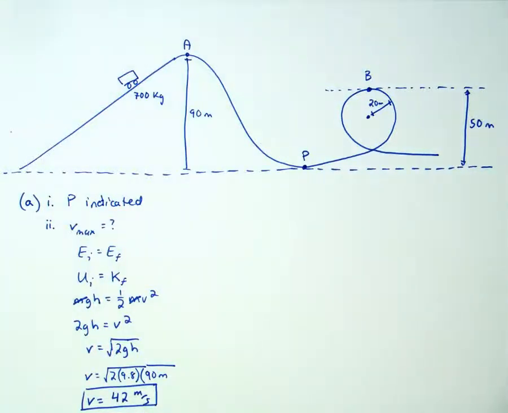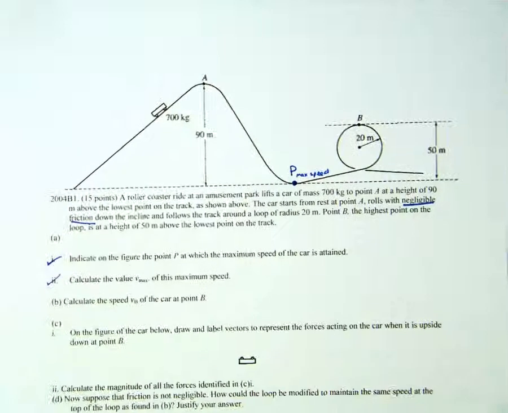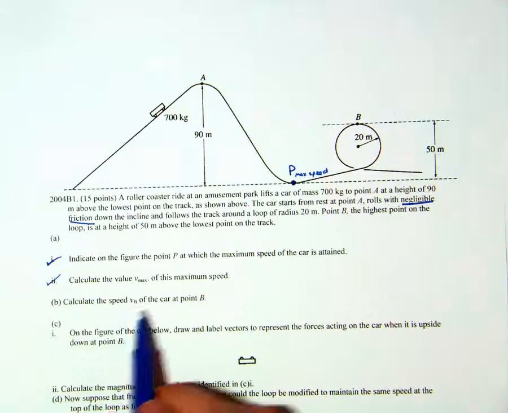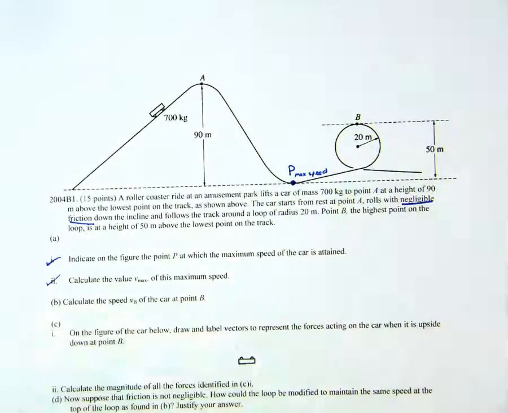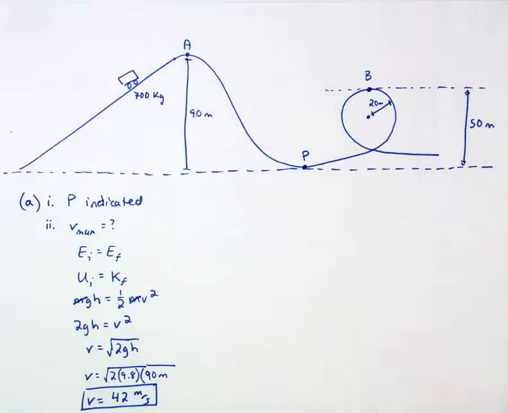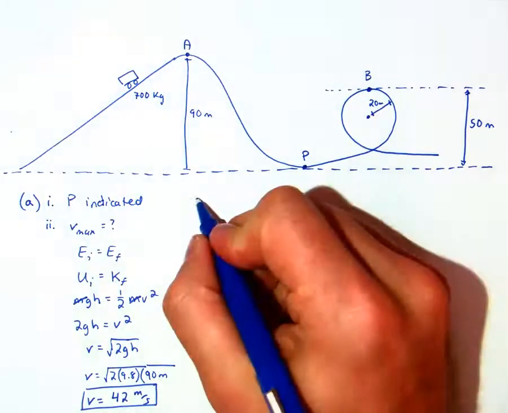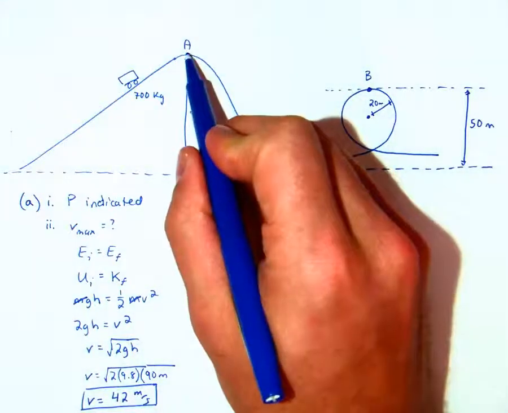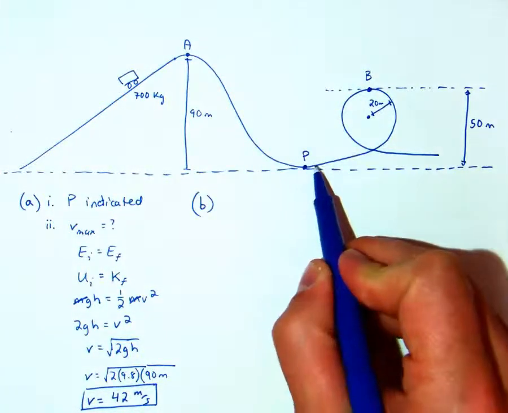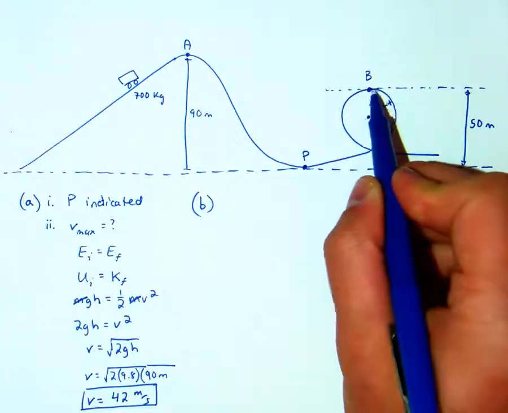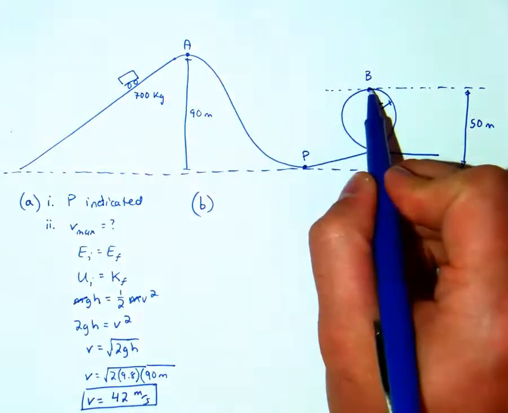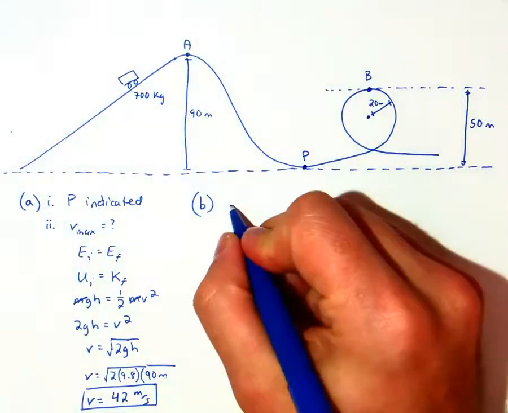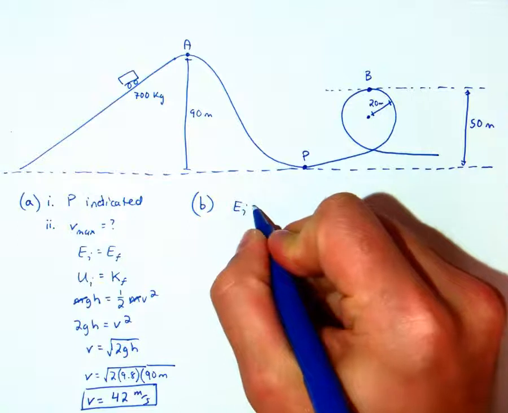Now, let's see what the next question is here. Part B says to calculate the speed VB of the car up here at point B at the top of the circle. Now, what we can do is keep this a conservation of energy question as well. If I'm answering B, I say, okay, all of the potential energy is converted into kinetic energy here, and then as it goes up, the potential energy starts building again, and at point B, because it's below point A, there is going to be kinetic energy, and because it's off the ground, there's going to be potential energy. But the same as before, we know that initial energy is equal to the final energy,